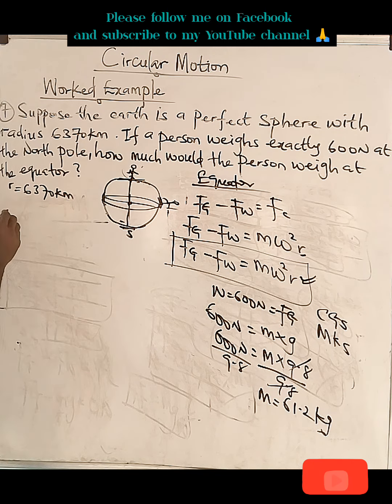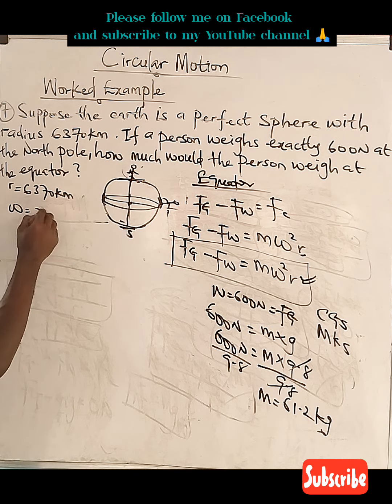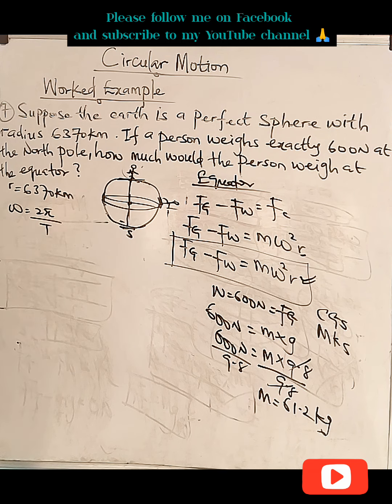Now, what's going to be the angular speed? The angular velocity is what we're going to get right now. Angular velocity is 2 pi over the period. Now, don't forget, when it comes to the Earth completes